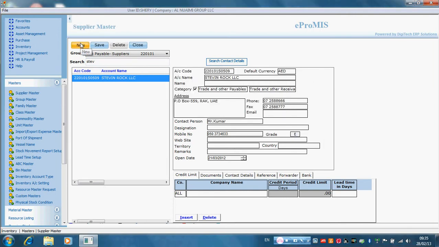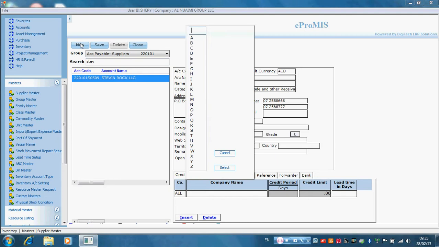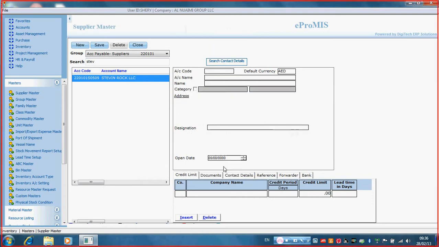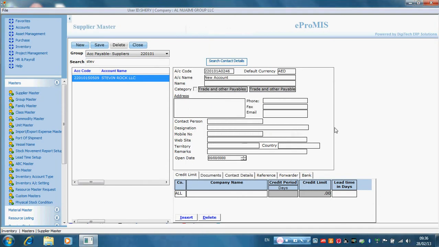In order to add a new supplier, just check the beginning letter. If it is Alpha or Accord State, take it as A, and if it starts with B, just take the option B. Okay, let it be Accord State. The supplier is already there, but in order to add a supplier that starts with A, take the option A and select, then a new page will come on the right side where we have to add all the supplier details.